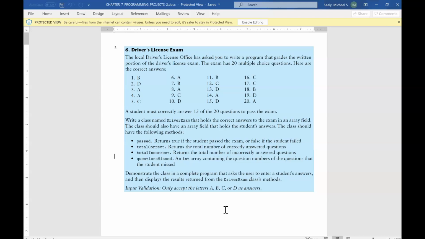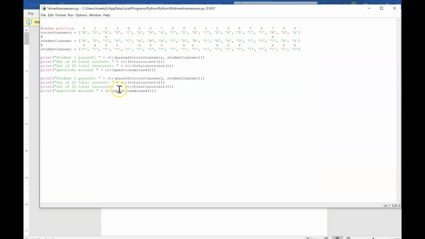And questions missed, in an int array. So we've got to create another array called questions missed, an array containing the question numbers. So we need to do the question numbers, so that's the index of which ones they missed. Demonstrate the class in a complete program that asks the user to enter a student's answers and then display the results. Okay, cool. All right, so I started writing this,